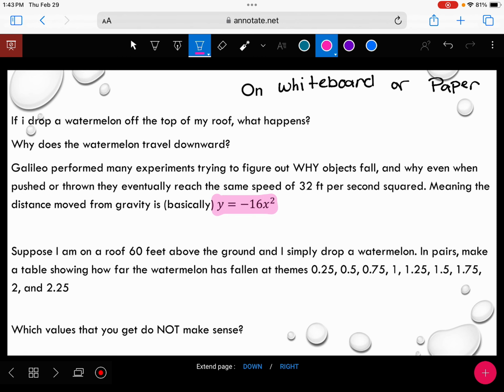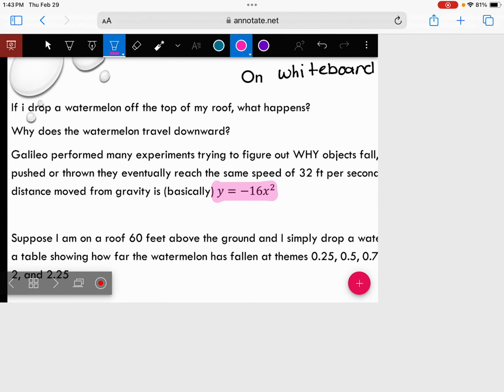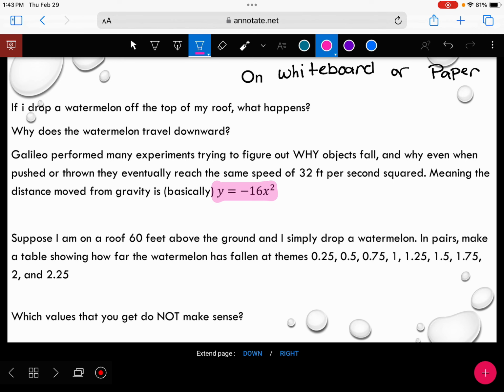So suppose I'm on a roof. My table's not tall enough, but I want to be on a roof. Too bad. And I'm going to drop a watermelon. So I'm going to take a watermelon, drop it. I want you to figure out how far the watermelon has fallen in these times. So we're going to use this equation